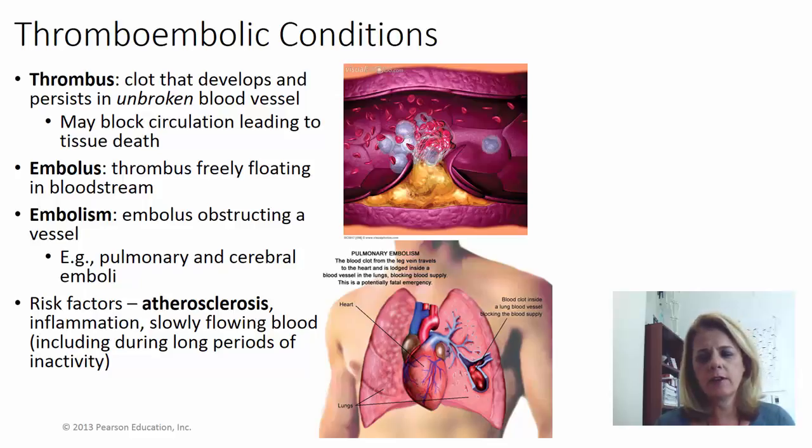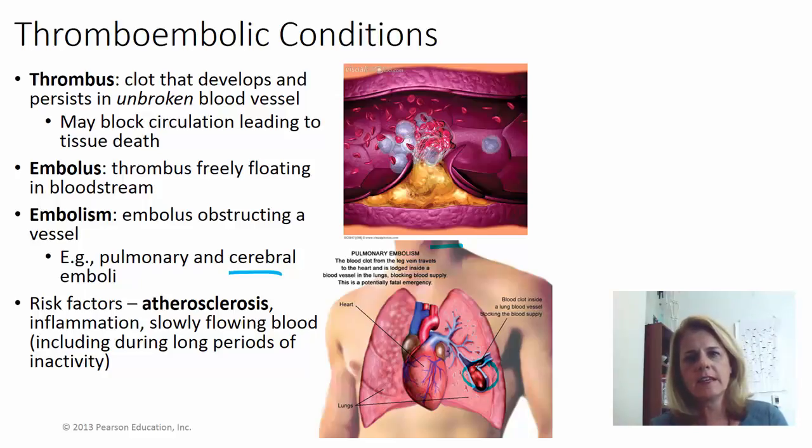And so you could have an embolus like a pulmonary embolism, where a clot has broken free and now has blocked one of the vessels in the lungs, which is going to prevent blood flow, which is going to prevent gas exchange. You can also get them in the small vessels of your brain. It's called a cerebral emboli. And again, that could cause stroke-like symptoms, lack of oxygen exchange in your brain, and possibly stroke or death.